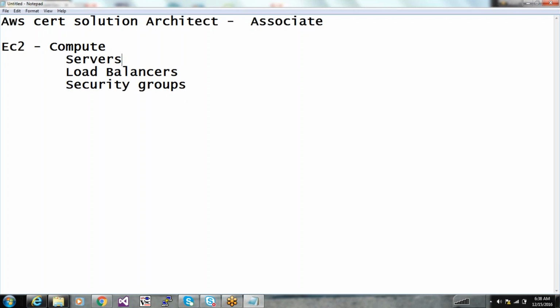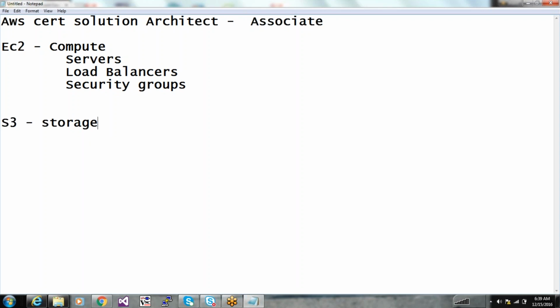Then there is S3, or storage. S3 is under the storage section. You can use Amazon Web Services as a drive as well, like Google Drive, or you can put your web content in storage on Amazon.